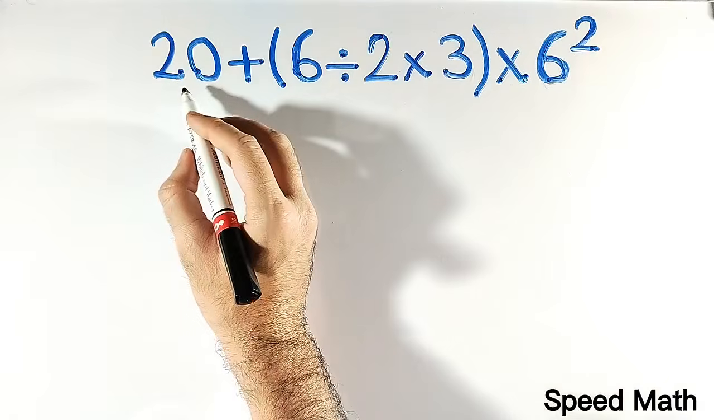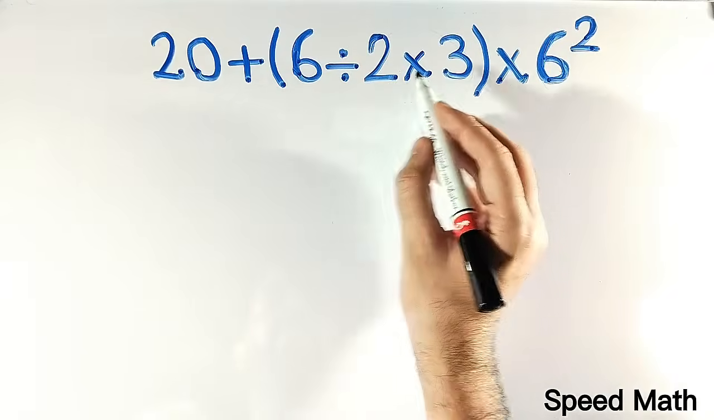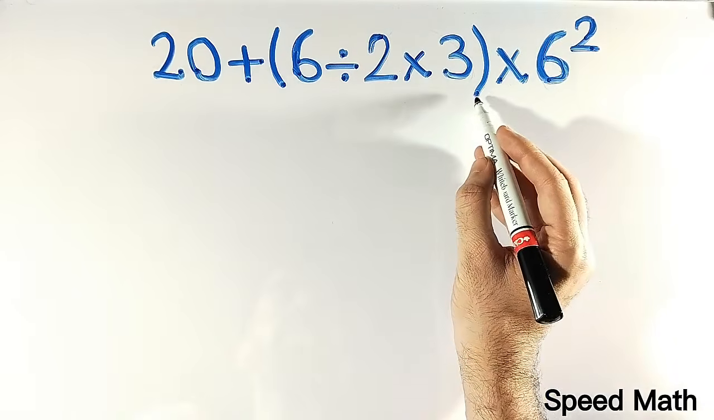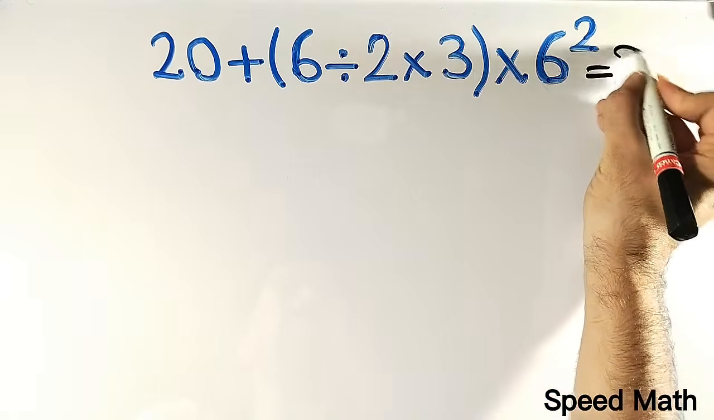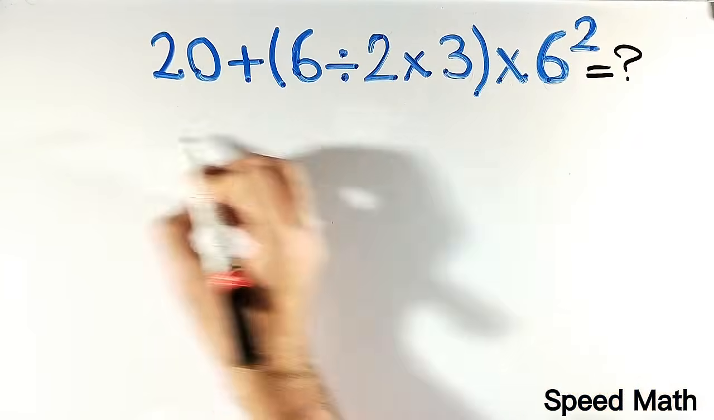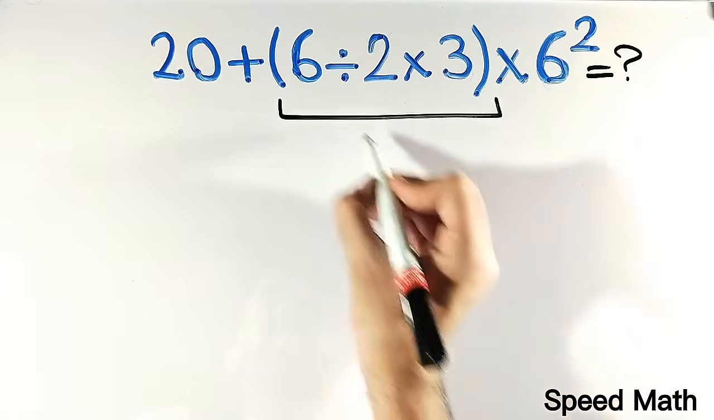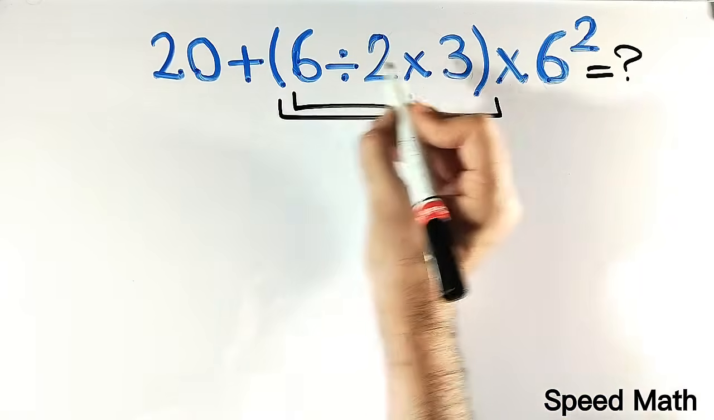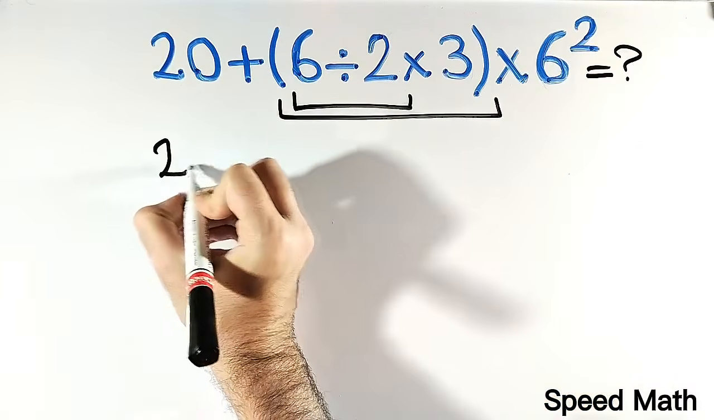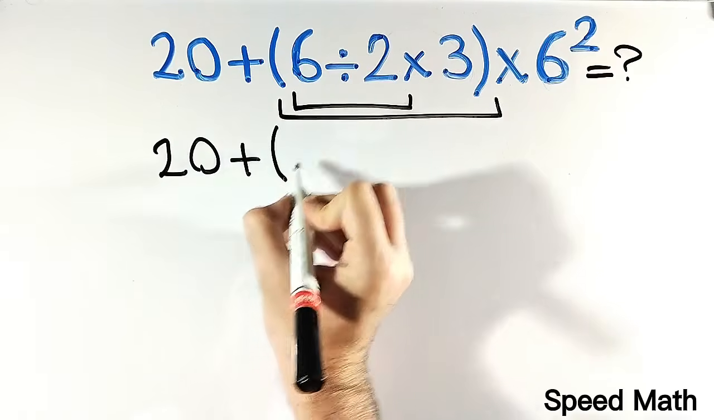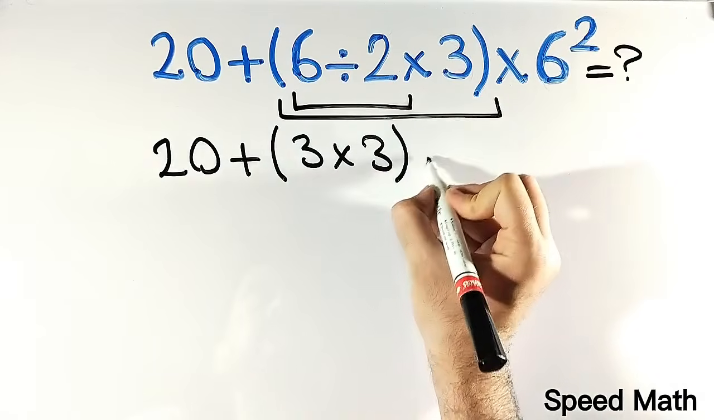If we have the expression 20 plus open parenthesis 6 divided by 2 times 3 close parenthesis and multiplied by 6 squared, then what is the correct answer of this question? Many people when solving this question first go for the expression inside the parenthesis and solve with the division between 6 and 2. So instead of this expression, they write 20 plus open parenthesis 3 times 3 close parenthesis and